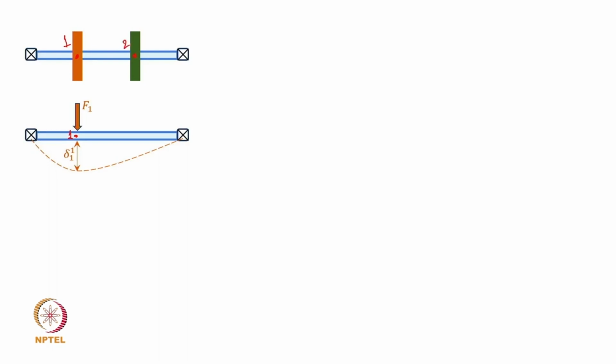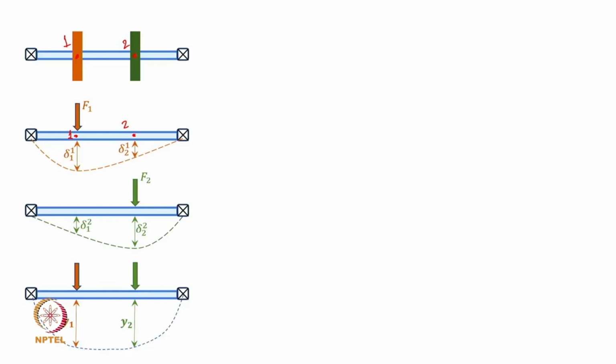An application of force F1 at location 1 generates deflections at position 1 as well as 2. So, the deflection in the shaft at position 2 is going to be labeled as delta 1 2, which means the deflection at 2 due to force acting at location 1. Okay. Now, the same thing can happen for the force at disc location 2, and then you have these two deflections, right. When both of them are acting together,